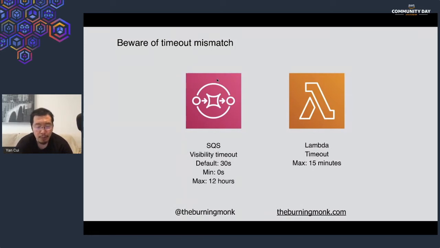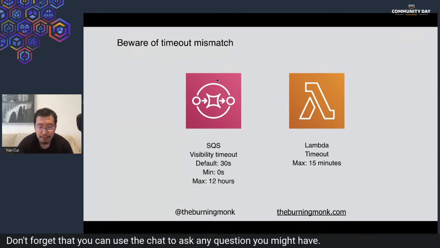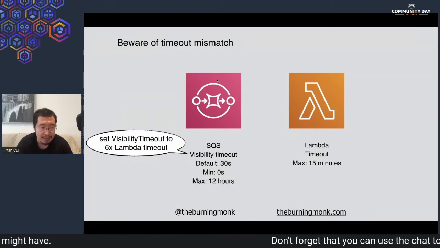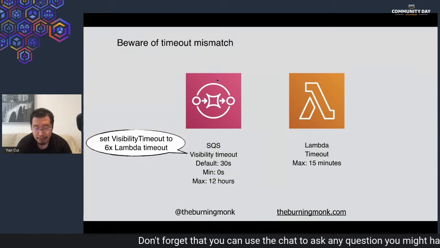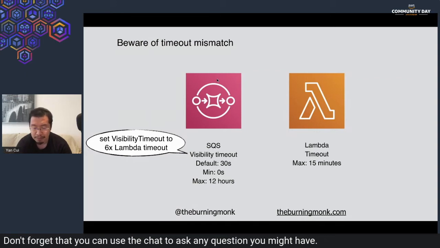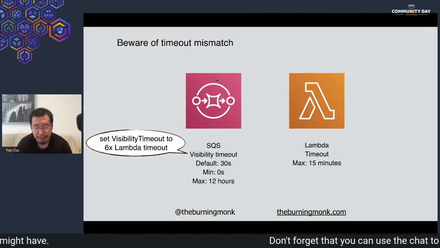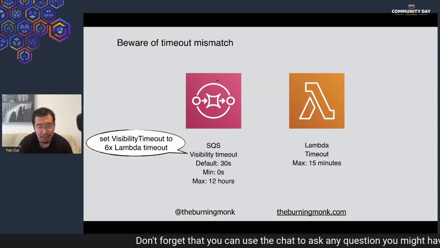The same goes for when you are processing messages from SQS with Lambda, because SQS has got a default visibility timeout of 30 seconds. So if your functions are taking too long to process a message, because it's got a much longer timeout, potentially those messages can become available again when picked up by another instance of your function. So typically what you want to do is to set your visibility timeout to be 6 times the Lambda timeout itself, so that even after the Lambda function has timed out, if you're not lucky, you make sure that the message can be processed again, and you don't have to worry about the same message getting processed concurrently